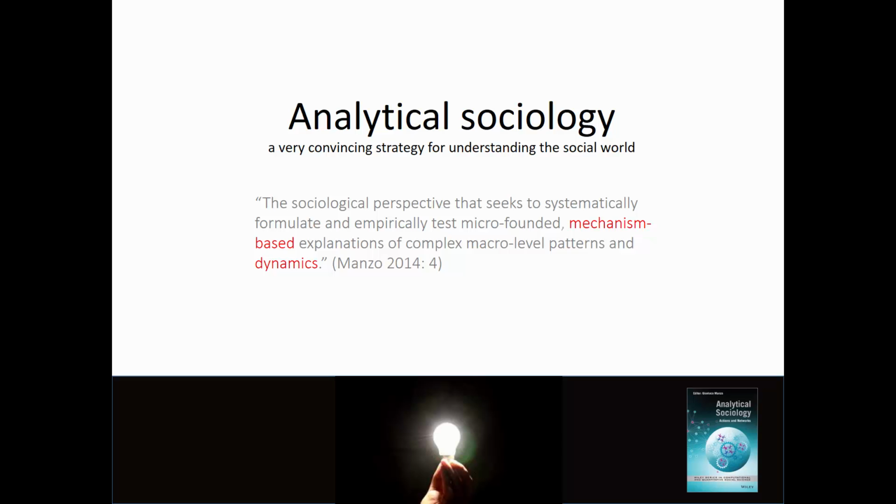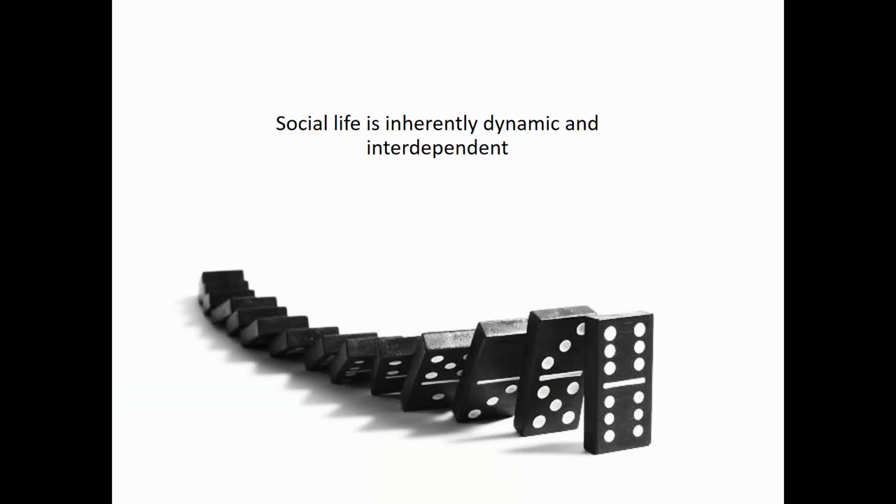Okay, so he doesn't mention networks in there, although when you look at definitions of mechanisms, networks are immediately in it. There we talk about the actions and interactions of individuals that bring about certain social phenomena. So networks are embedded in this mechanism-based idea, and also in these dynamics. Why is that? Well, social life is inherently dynamic and interdependent. Things depend on each other, things are related with each other, and I think they play a huge role, and I don't understand people who think otherwise.